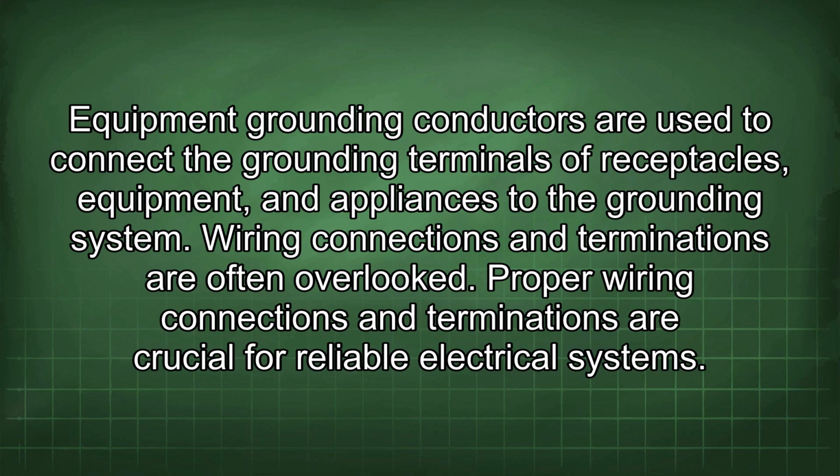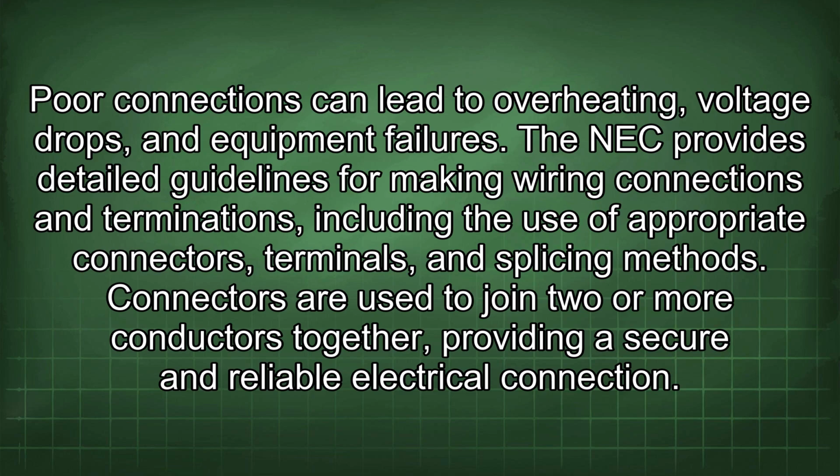Wiring connections and terminations are often overlooked. Proper wiring connections and terminations are crucial for reliable electrical systems. Poor connections can lead to overheating, voltage drops, and equipment failures. The NEC provides detailed guidelines for making wiring connections and terminations, including the use of appropriate connectors, terminals, and splicing